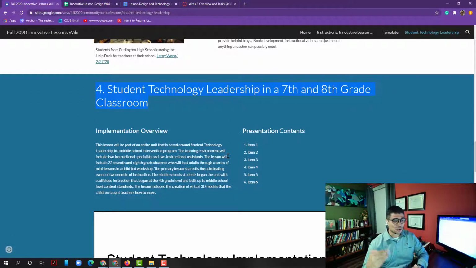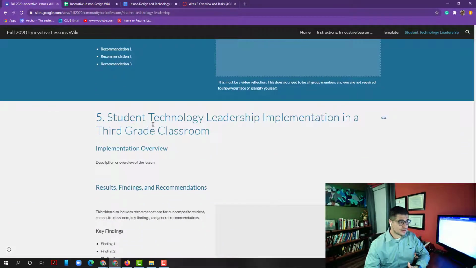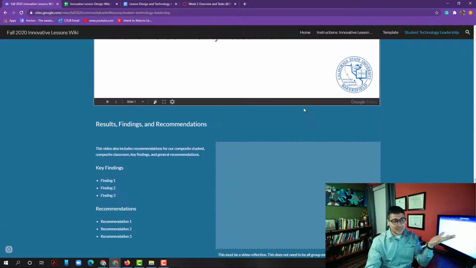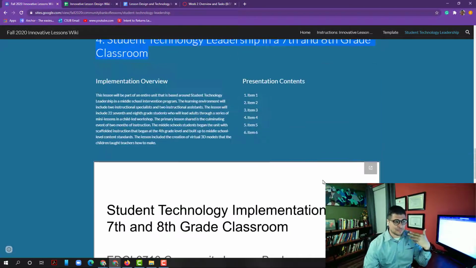And again, this is a solo task, but you're going to be working with your group so that you guys could feed off each other, because your implementation is also going to be on the same page as their implementation. So if your implementation of student technology is in 7th and 8th grade, and then your partner's implementation is in 3rd grade, voila, your page is going to have 7th grade implementation and 3rd grade implementation, with the idea that